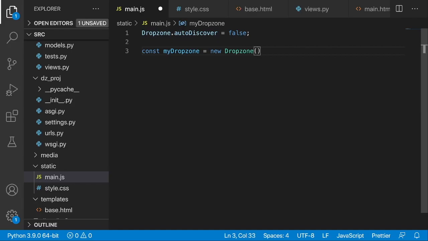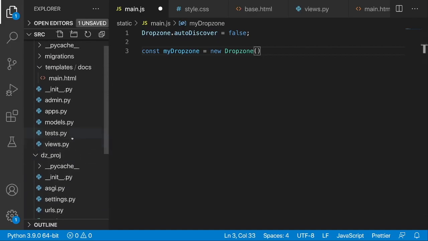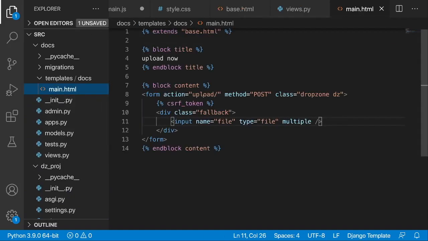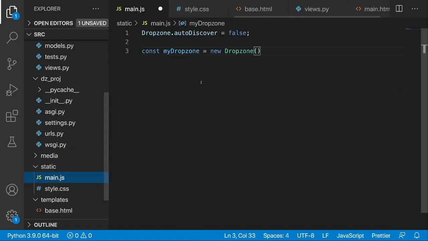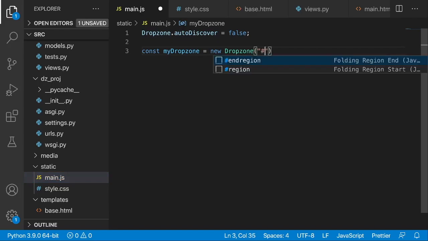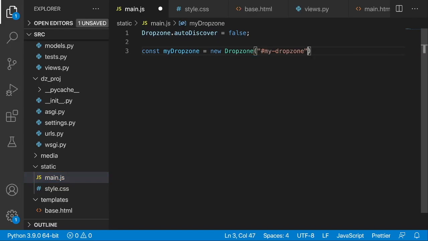And over here we have to set an ID. So let's go to our main HTML, and we don't have any ID right now, so I'm just going to put in ID my-dropzone, and I'm going to grab this ID, copy it, save the main HTML, go back to main.js, and over here let's open up the quotation marks, hash my-dropzone, comma, and let's open up curly braces. So here actually we can provide a URL. So I'm going to put in this upload,